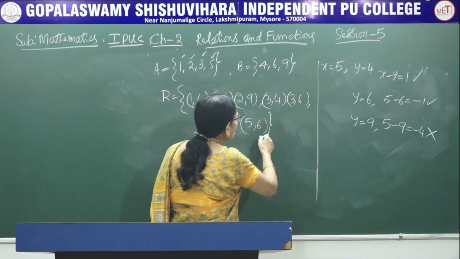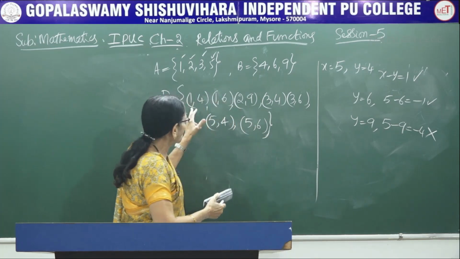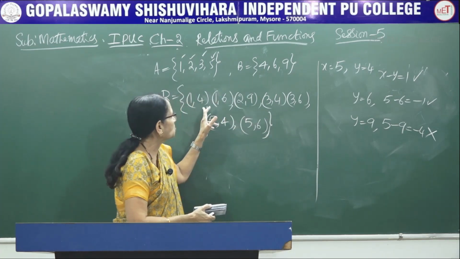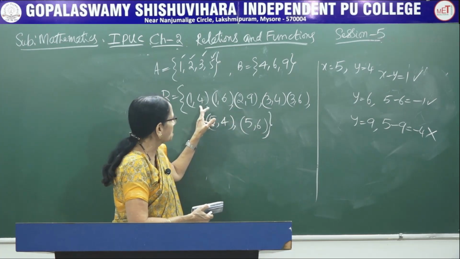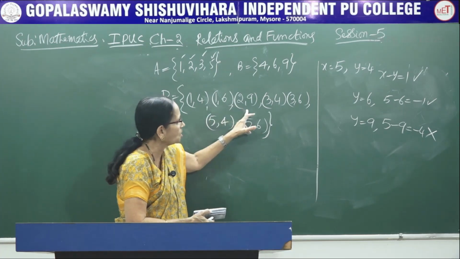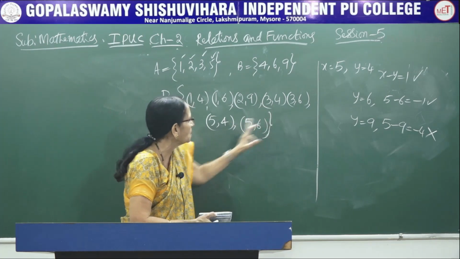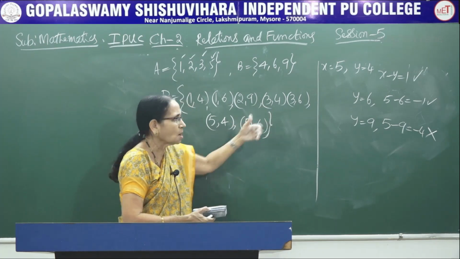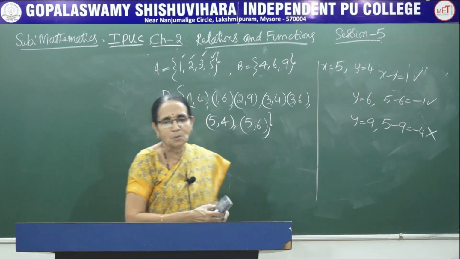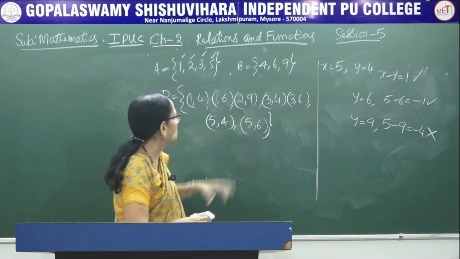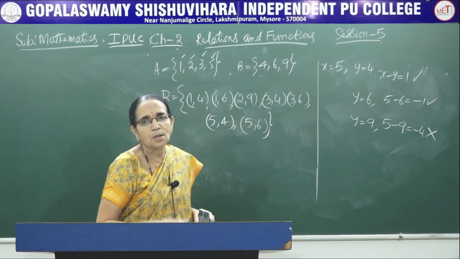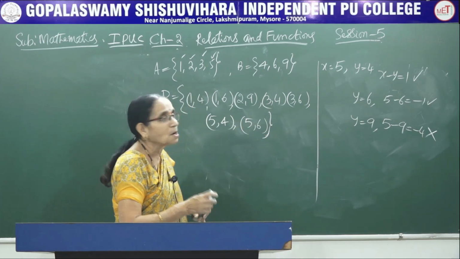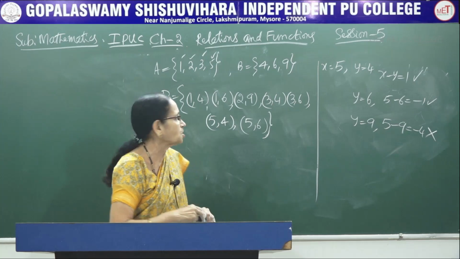So altogether, how many elements we got? Here looking at it, 1 minus 4, 1 minus 6, like that also you can directly write. It is an odd number, here also odd, here also odd, and here odd. Sometimes you got negative, sometimes you got positive. So total how many elements? 1, 2, 3, 4, 5, 6, 7. Altogether we got 7 elements which satisfied the relation here.